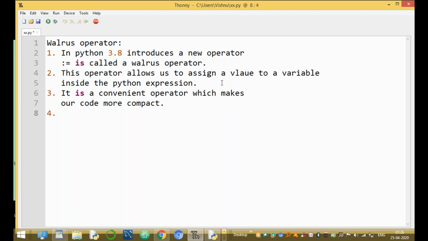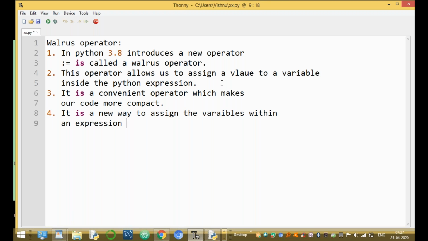And the fourth one, it is a new way to assign variables within an expression using the colon equal to notation.